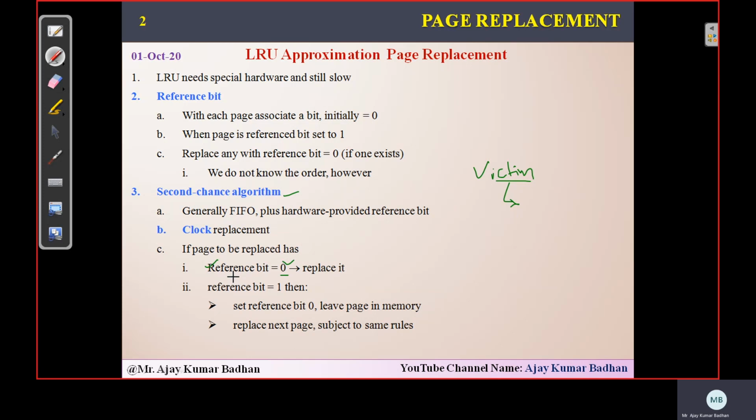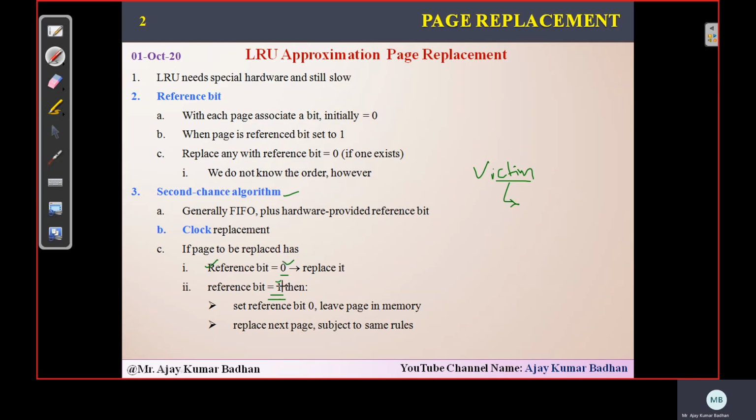Second chance means whenever the reference bit of a page is set to 0, then that page can be replaced with the new page which is coming up. But if the reference bit is set to 1, then we cannot replace that particular page. Rather, we are giving that page a second chance. You can continue execution, since it was just brought recently into the system and modifications were done to it. If we want to remove that page, definitely we need to update that in our backing store, and that's again a hectic task. Swapping in and swapping out will take a lot of time.